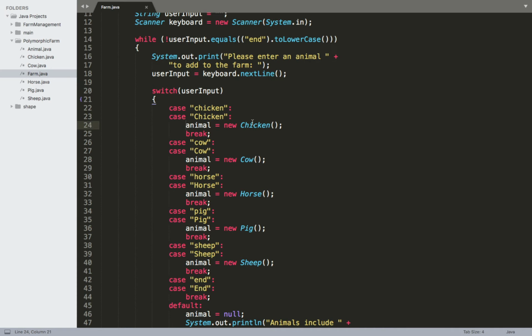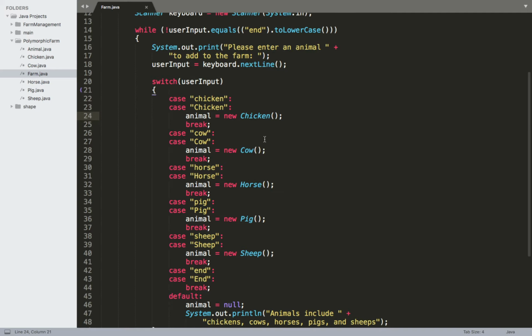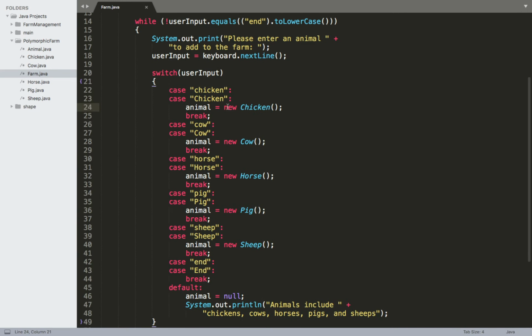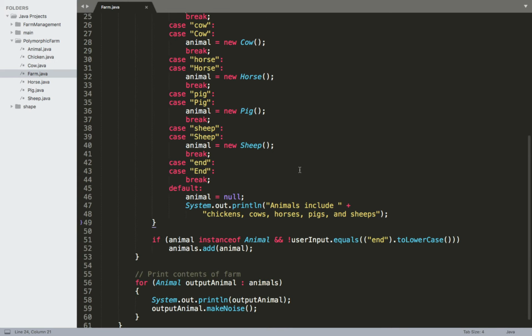So now what we're going to do is just assign a different kind of object to animal. And what's really convenient about this is we can do this polymorphically because of the fact that when we look at animal, or at least when we look at each one of these other files in a moment, we'll see that they all inherit from the animal. And so right down here,